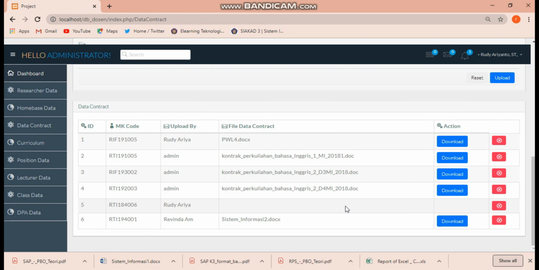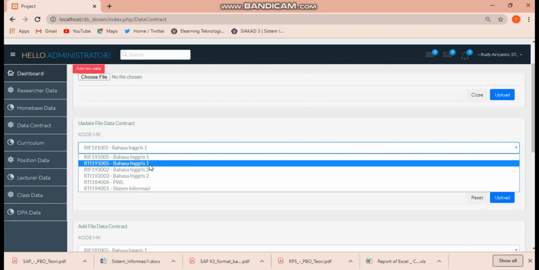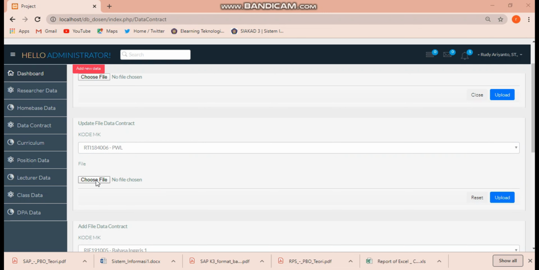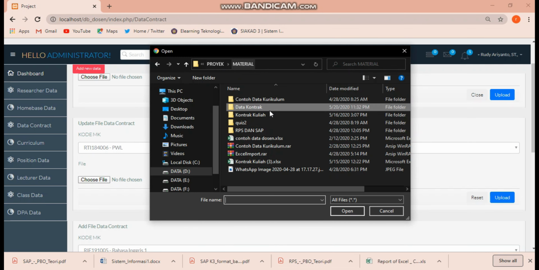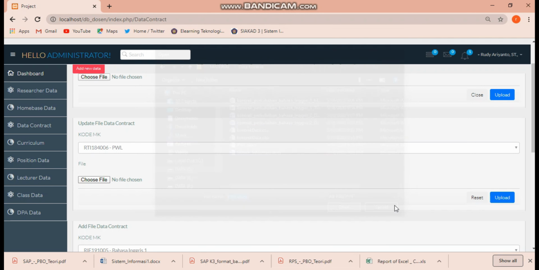Then, we choose to add a data file. Add and choose the file, and upload.